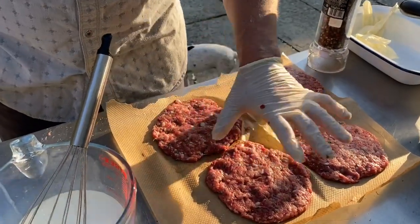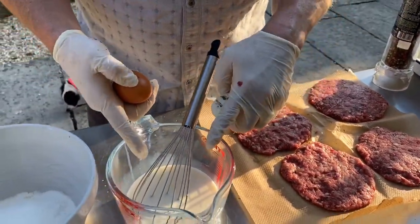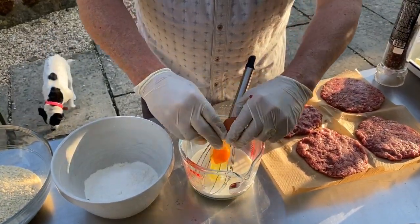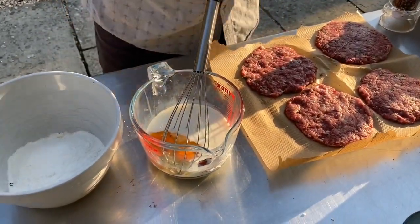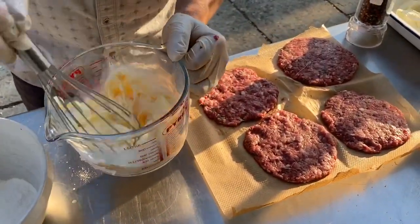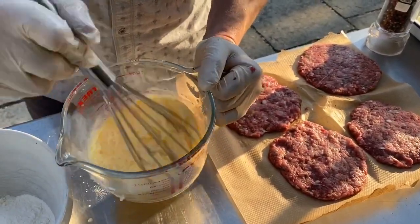So here's our 4 patties ready to go. Now I'm going to take a couple more eggs, and I've got a little bit of milk here, just sort of half a cup, I don't know, just a sort of splash of milk. And then here we've got a couple more eggs. And that's our egg wash. And this is an integral part